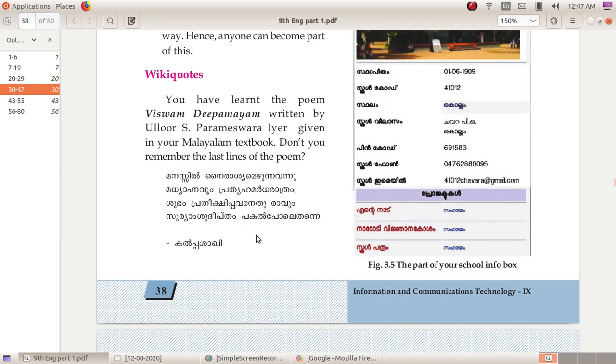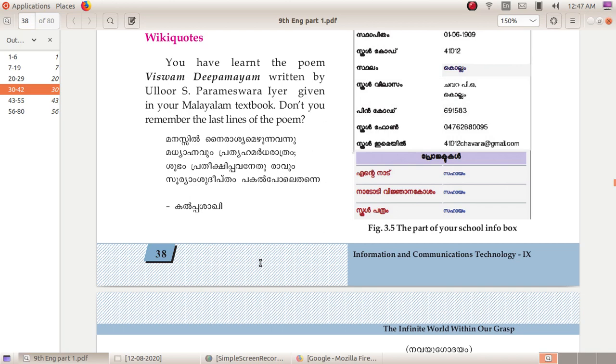The next sister branch of Wikipedia is Wikiquote. You have learned the poem Viswadeepamayam written by Ulloor S. Parameswara Iyer, given in your Malayalam textbook, and there are some lines in it.